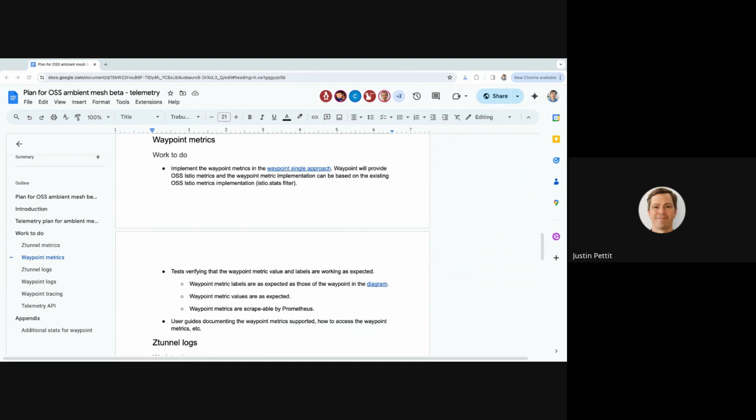If traffic is going from two Z tunnels and transiting a waypoint, do we keep track of the telemetry separately for each end? The double approach would reduce the amount of logging necessary, but it's a little bit less useful because you don't see the end-to-end traffic when traffic is going from one Z tunnel to the other Z tunnel.